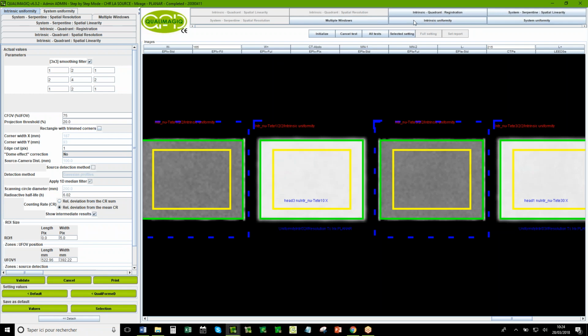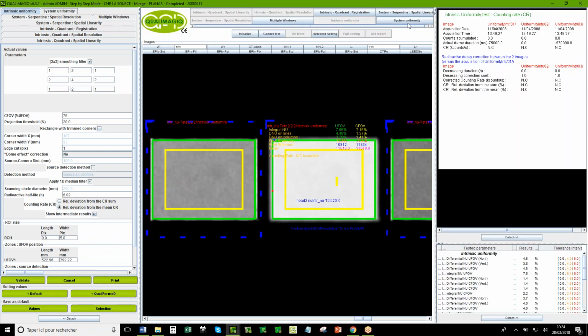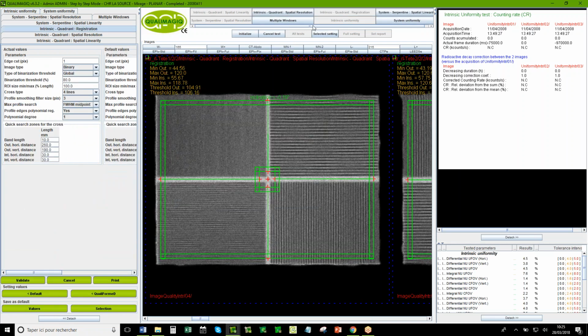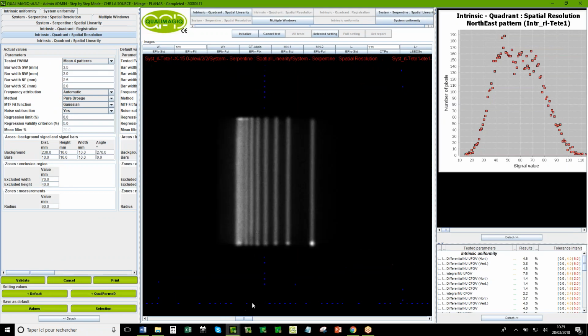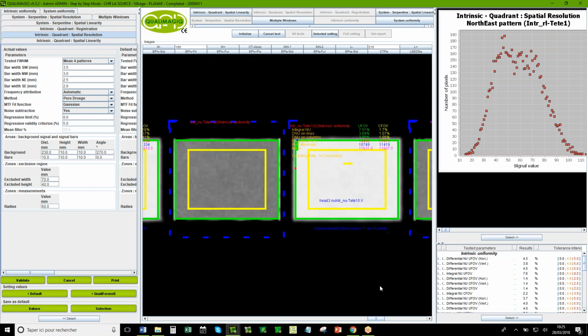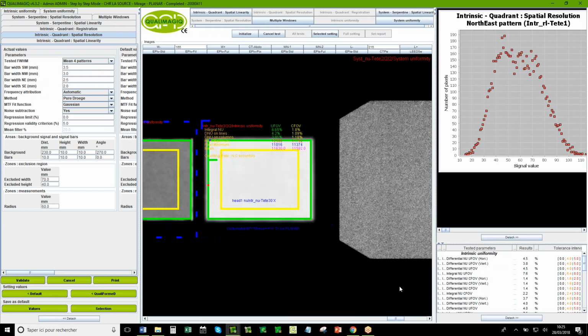So I want to redo the test. I can leave it like that. So for the intrinsic test, I repeat, we have spatial resolution, so the test without collimator, and non-uniformity test.